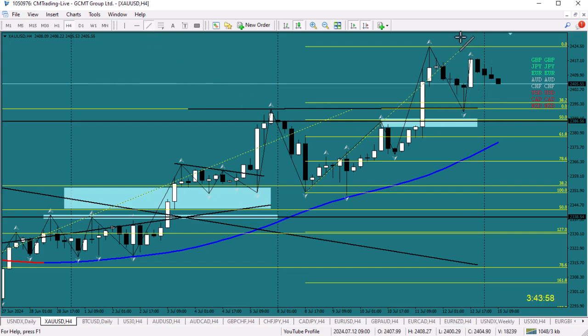Busy consolidating. So I am interested also in a breakout trade here. So very nice consolidation busy happening. So the breakout on a weak dollar, that would be good for me.